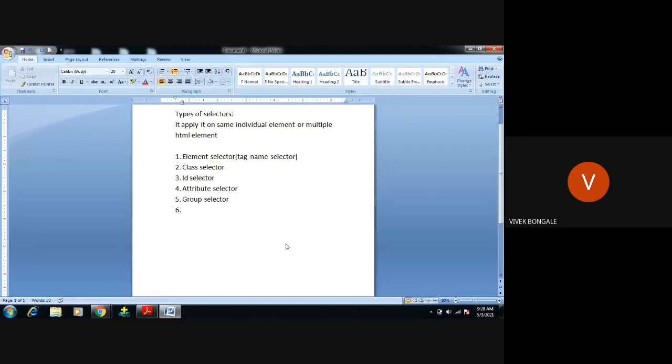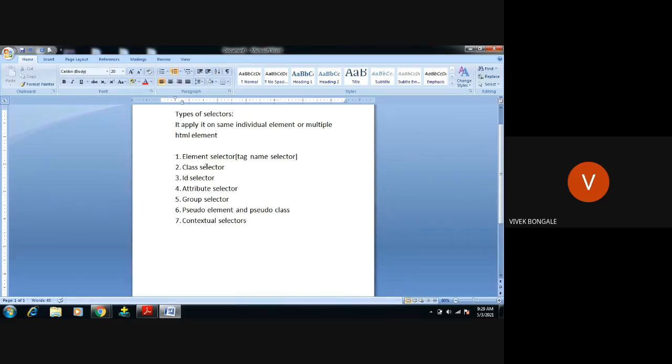Then sixth we have pseudo selector, pseudo element and pseudo class. Element, class, ID, attribute, group, pseudo. Then the last one is contextual selectors. Okay, these are some of the selectors we have. We can use these types of selectors in CSS. We will see one by one with example.